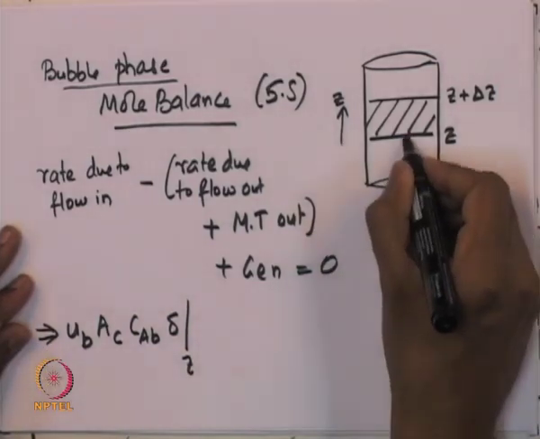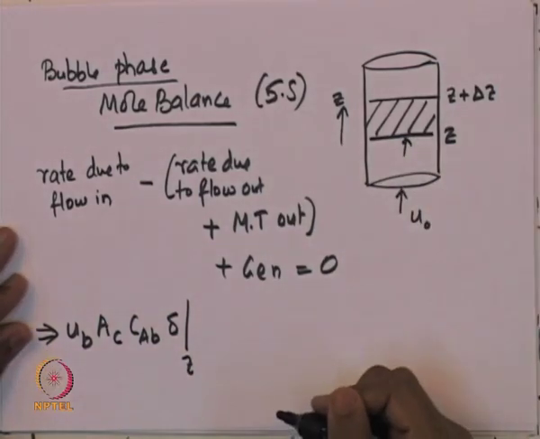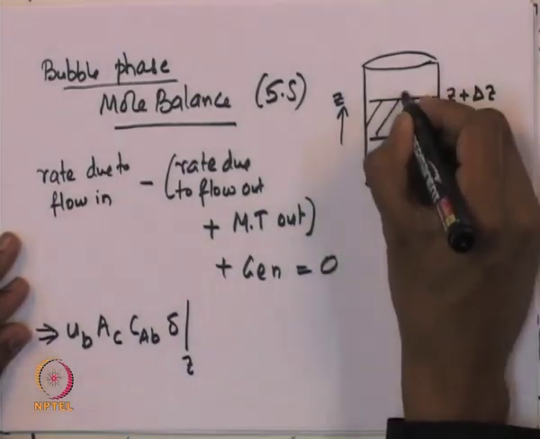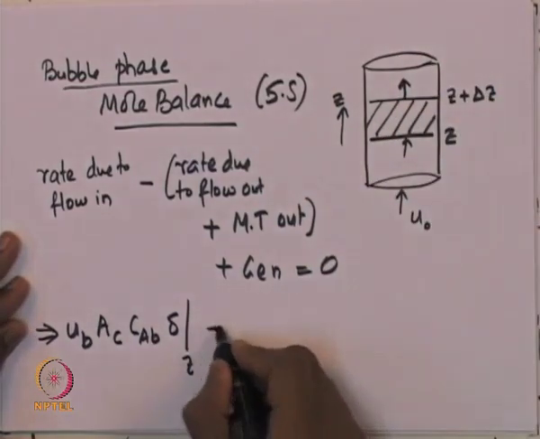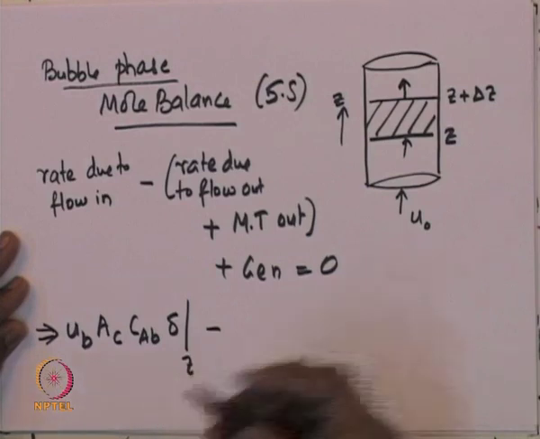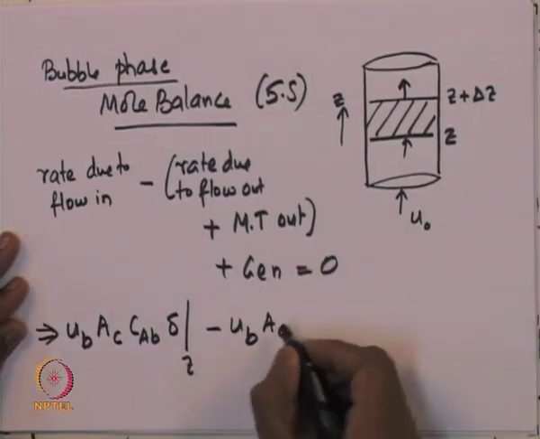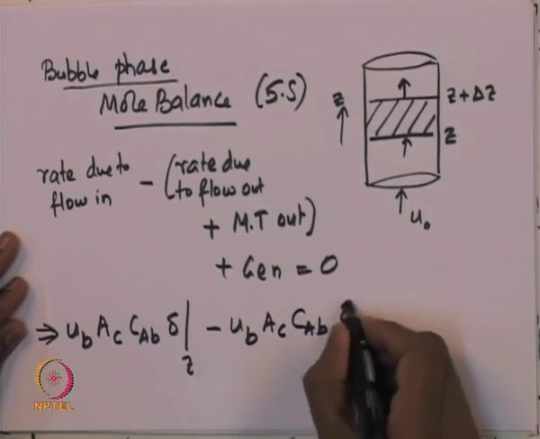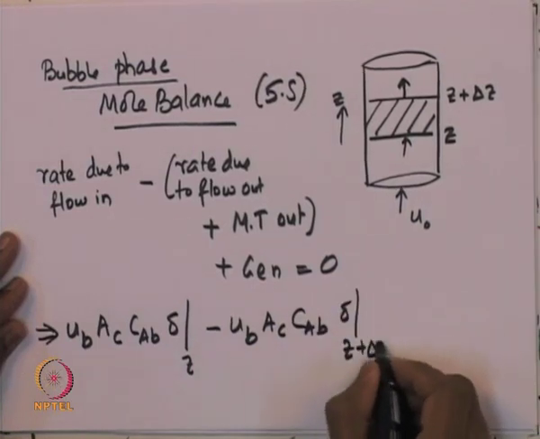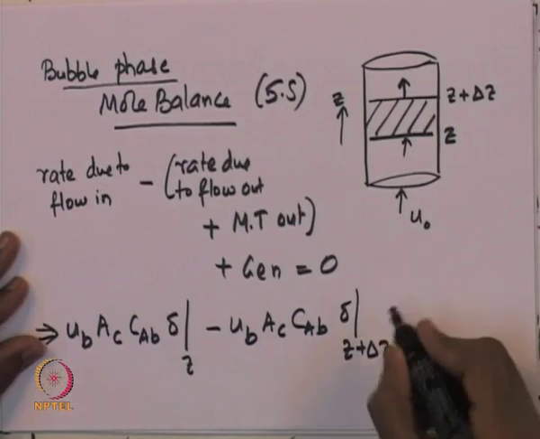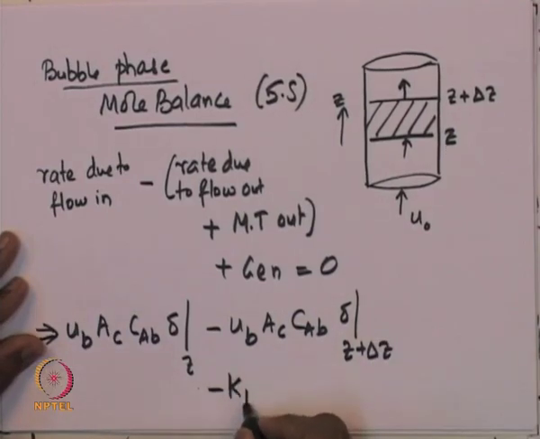That is the rate at which the species is entering this small element in the bubble phase, and the rate at which the species is leaving the bubble phase at z plus delta z is given by ub Ac Cab into delta at z plus delta z,